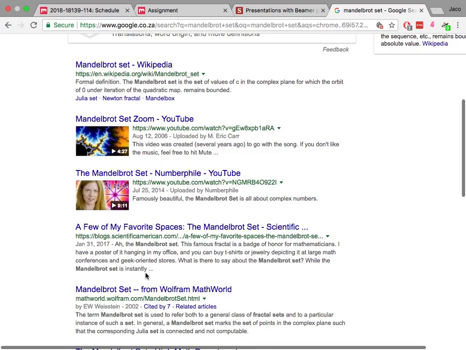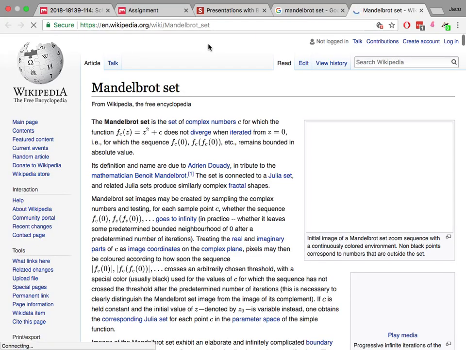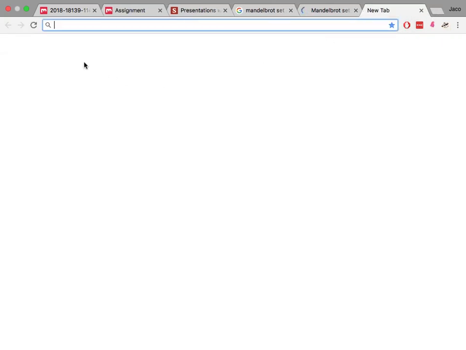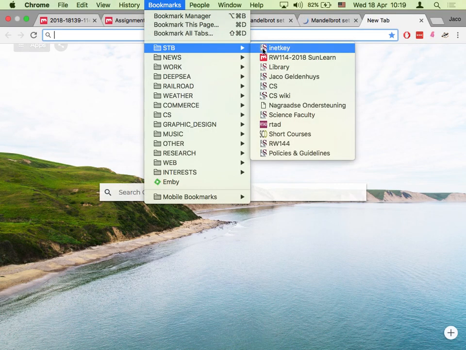What is the name of that guy who made one song every day? Never mind. He made a brilliant song about the Mandelbrot set. Okay, that's fine. I'll find it in a sec. I have it on this computer. You would be surprised. I know at least 20 songs about the Mandelbrot set, and yes, I have a playlist. Bookmark.